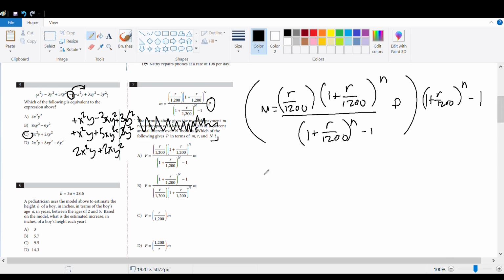So that gets us this 1 plus R over 1200 to the N minus 1 times M, which equals R over 1200